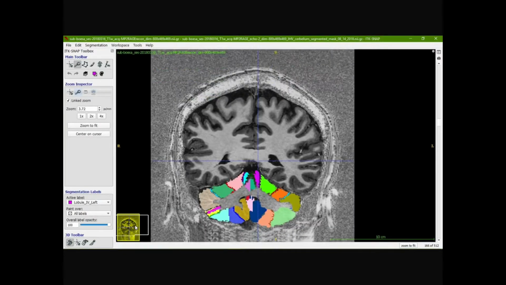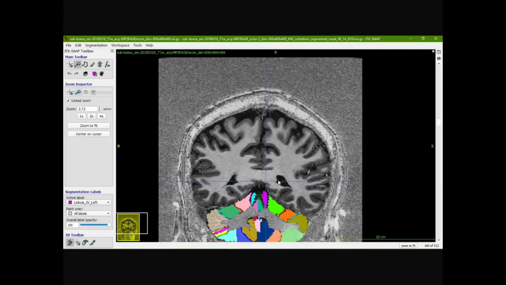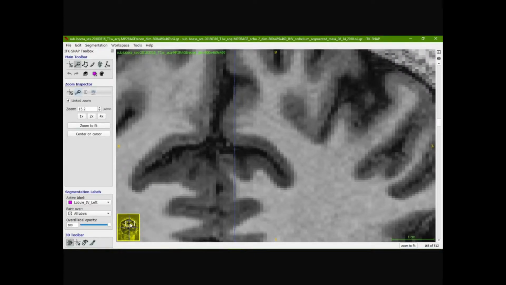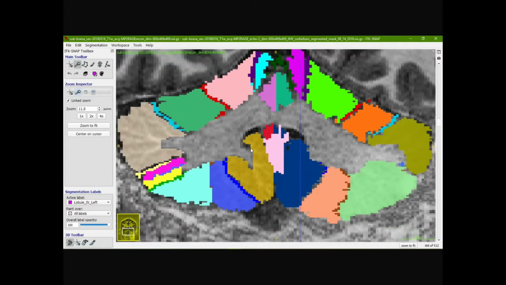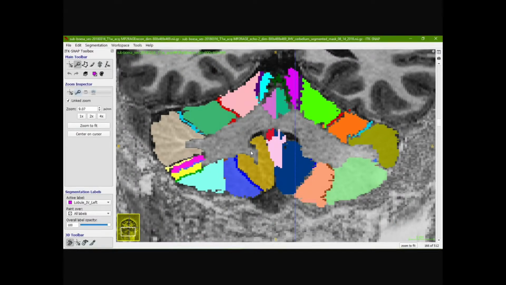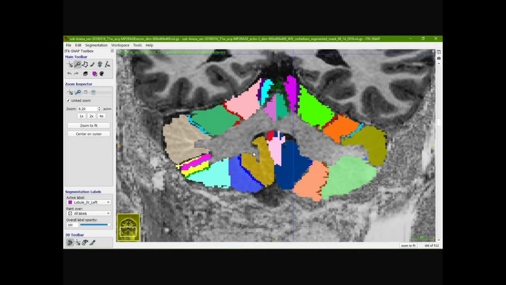So let's say that if my image was like that, but then I zoom in and then I want to just focus on the cerebellum, well, I can do that by dragging that white square. So I am going to adjust the zoom here. So again, you click, you do right click, and then you drag the mouse,